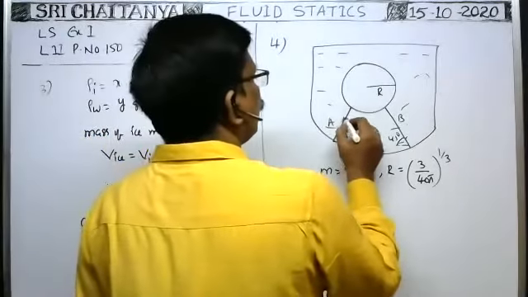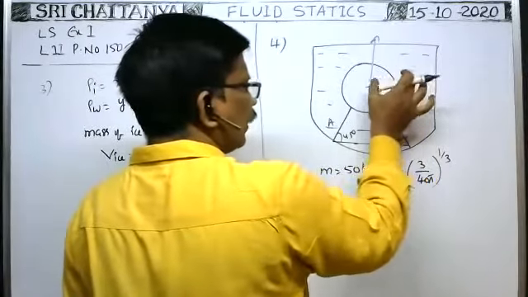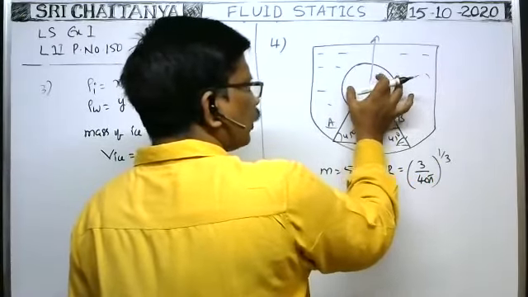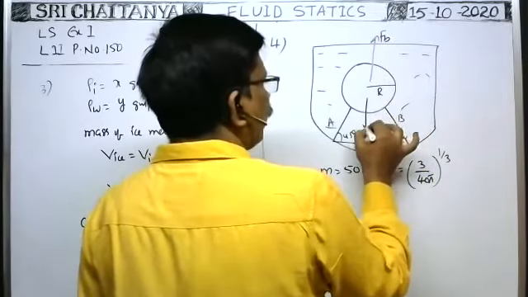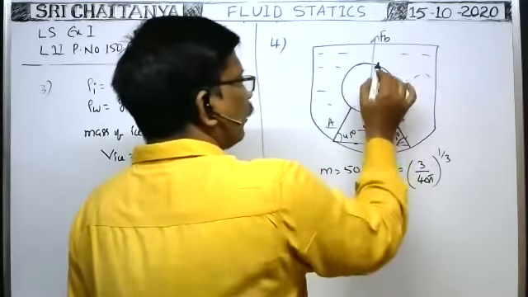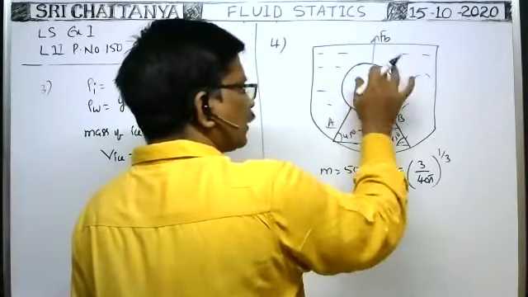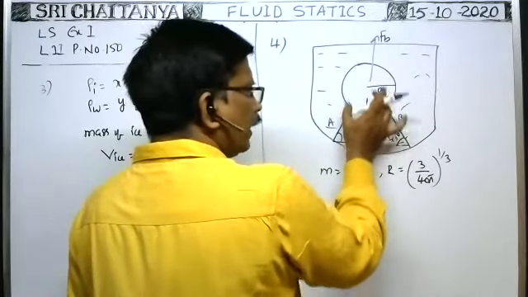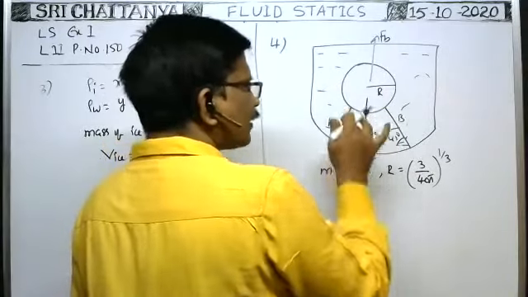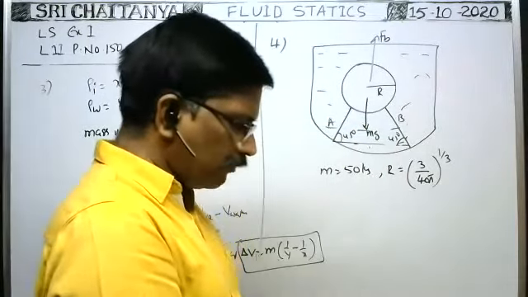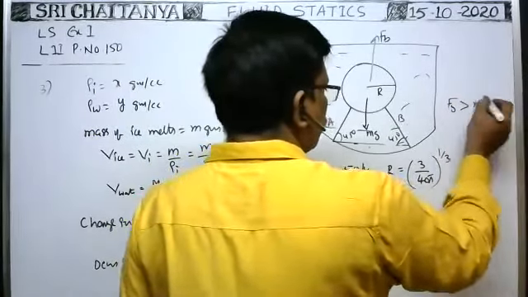You see here, as the sphere is displaced, whatever the volume of the sphere, that amount of volume of the liquid is displaced. That's why the buoyant force acts on the sphere upwards and the weight mg acts downwards. But only if the buoyant force is greater will tension be developed. If the buoyant force is less, the weight is more, it comes down, and the strings become slack, meaning loose. That's why there would be no tension. As they asked the tension, and tension is not zero anywhere in the options, definitely the buoyant force will be greater than the weight of the sphere.